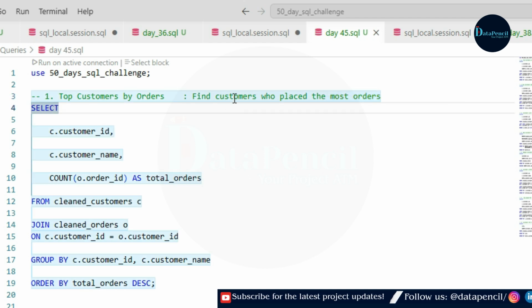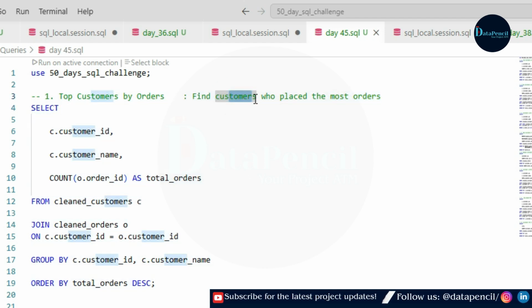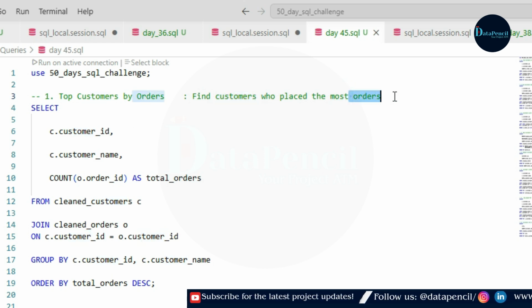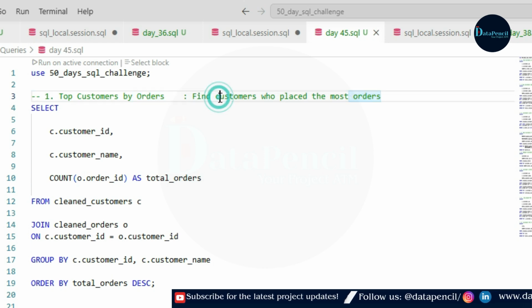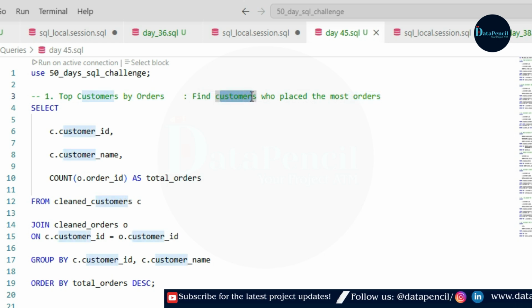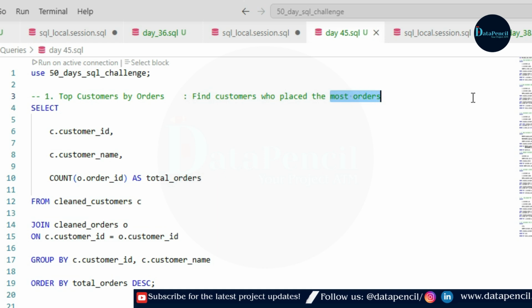So here we need to select our customer name, customer ID, and then to count their orders we will apply the count function on order ID. It will be our total orders. At last we have to use group by customer ID, because we want to see which customer has placed how many orders. And since it is about the most orders, we need to put them in a descending manner, correct?